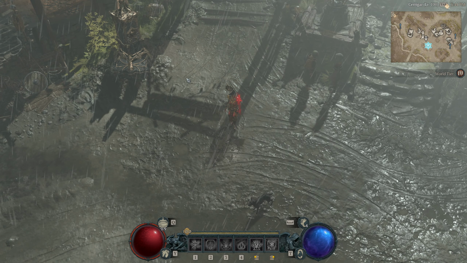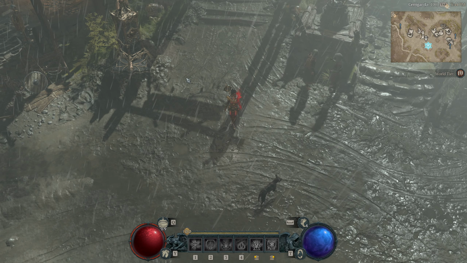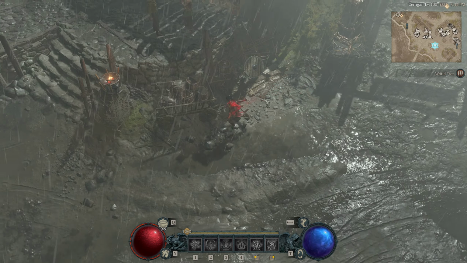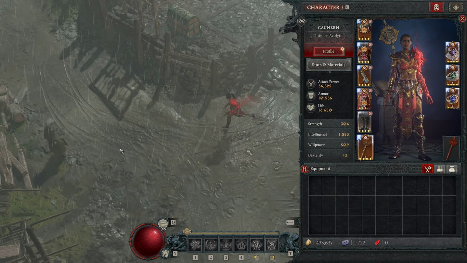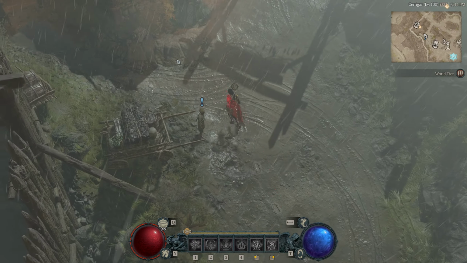Last time we did, I think, pit level 30, and I'm glad to say that we can push further. I actually reached 61, 62. I think I beat 60 and then these two unlocked. And I changed some things around the build again to make it even better, but first things first,